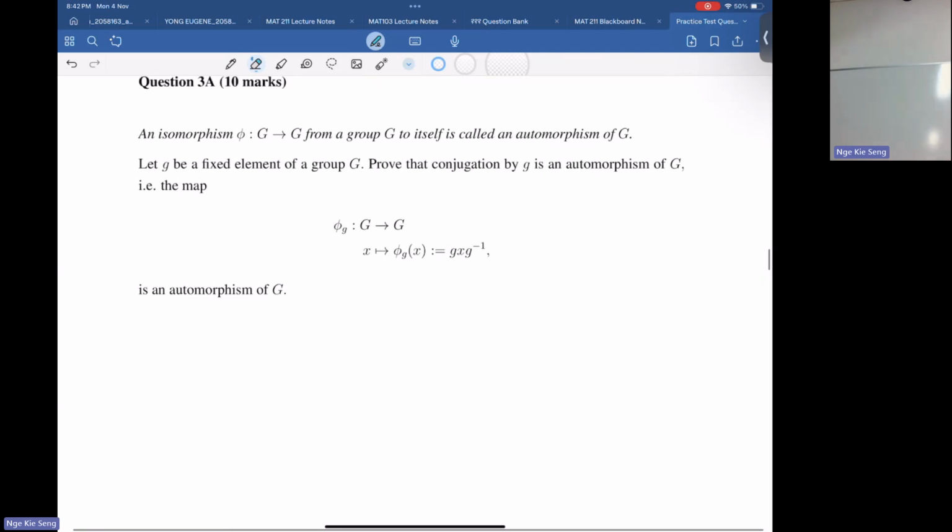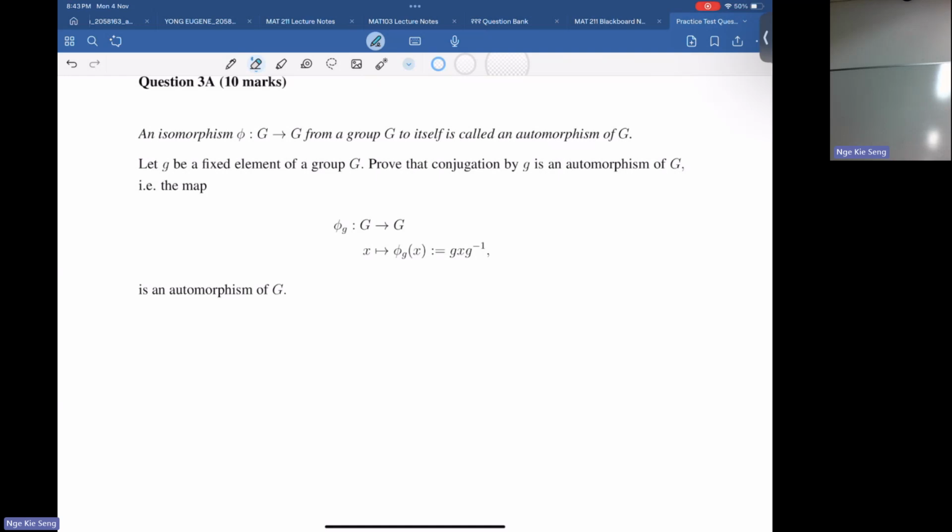Okay, this one. Prove that this map is an automorphism. I also think that this question was quite hard last time, but this is one of the things we did in classes. So I want to show that this map is an automorphism. What's this map? This map is a conjugation map, conjugate by a G element. What's an automorphism? Maybe there's one thing you need to include in the cheat sheet.